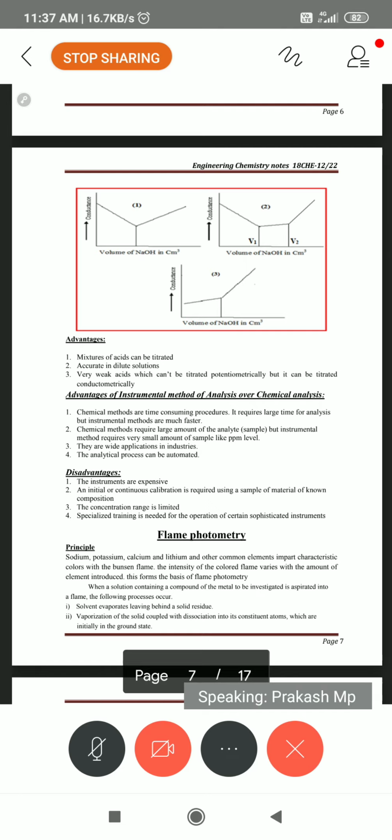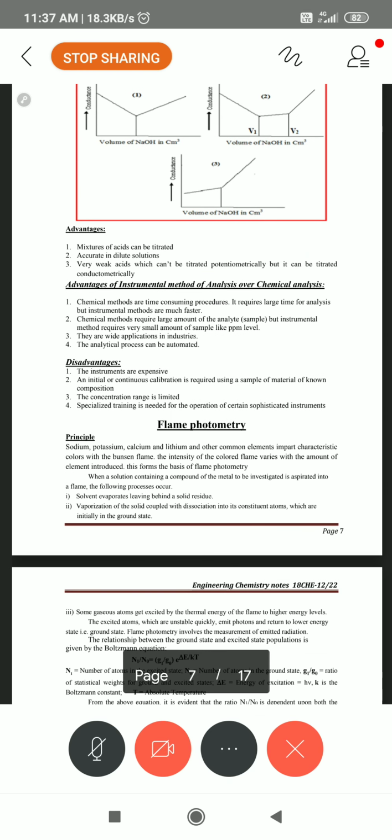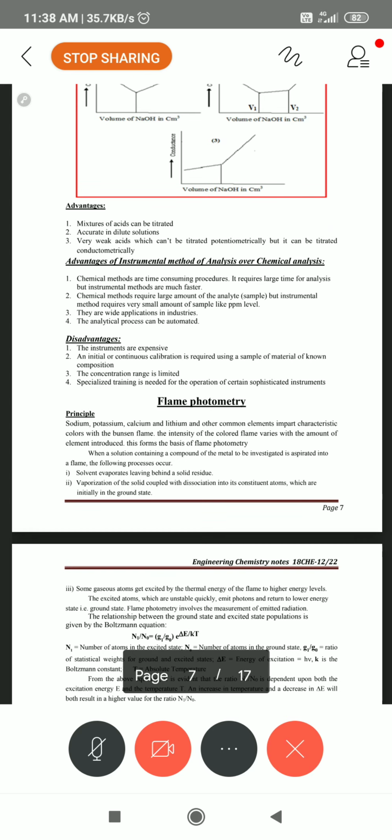metals. The sublimating types of metals are easy for burning. Otherwise, if you use iron, it is not burning at that time and you can get the wrong result. So for flame photometry, we can use only soft metal solutions, that is sodium chloride, potassium chloride, barium chloride. These are alkali metals and alkaline earth metals that we have used.